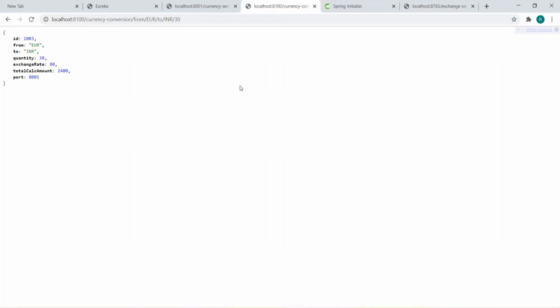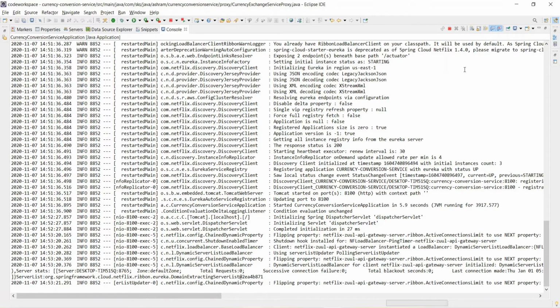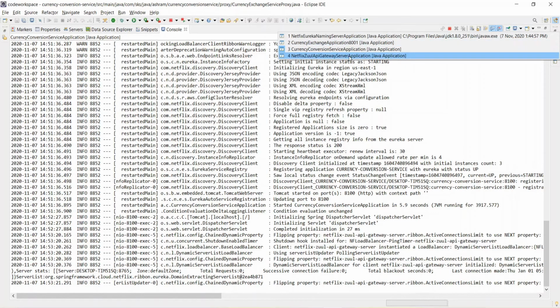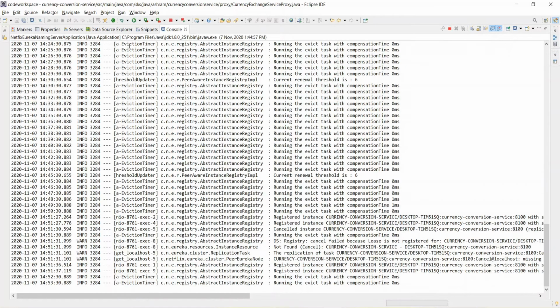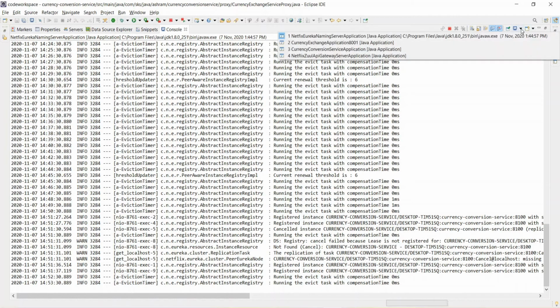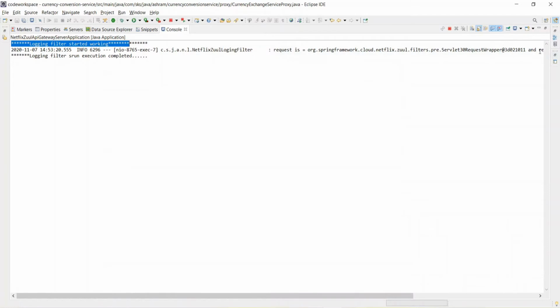It's not coming. Why? Sorry, we'll have to call the Feign one, the original one. Yeah, so if you see here and check the log, then you will get the Netflix Zuul API gateway server, and here the same run method of the logger filter is coming, right?